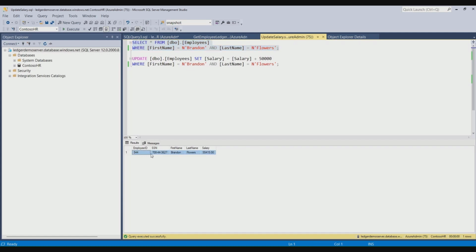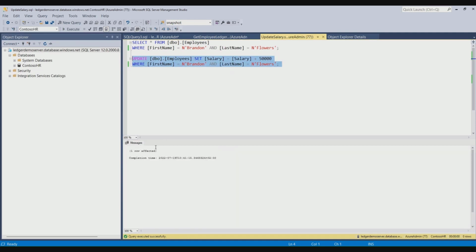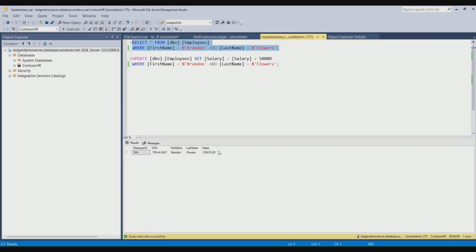I have my employee ID, and indeed this is the salary that matches what Rachel sees in her application. So Brandon decides, okay, I want to really earn more, so let's add another 50,000 to my salary here. So let's run this update statement. That's one row affected. Brandon verifies that, and yep, we have